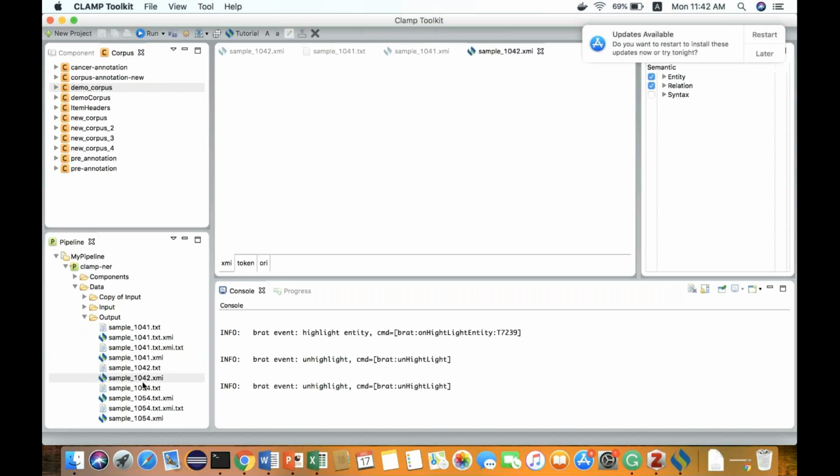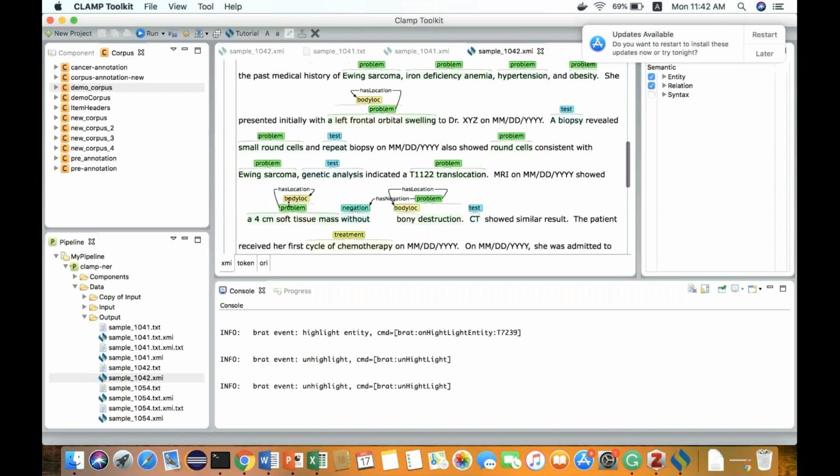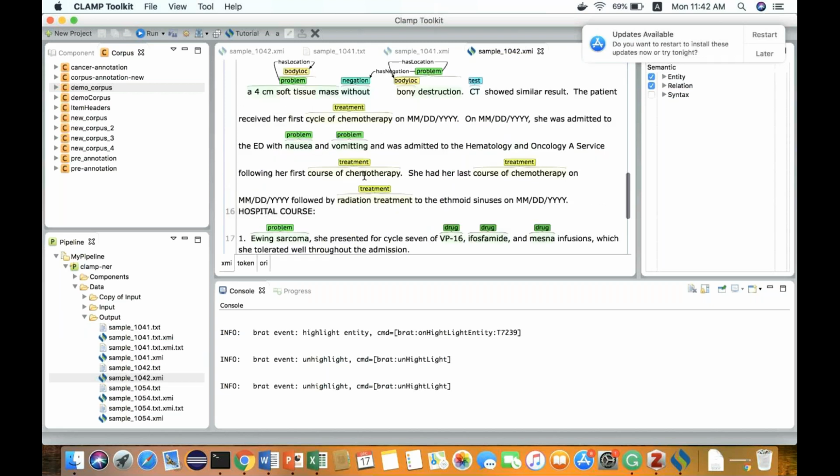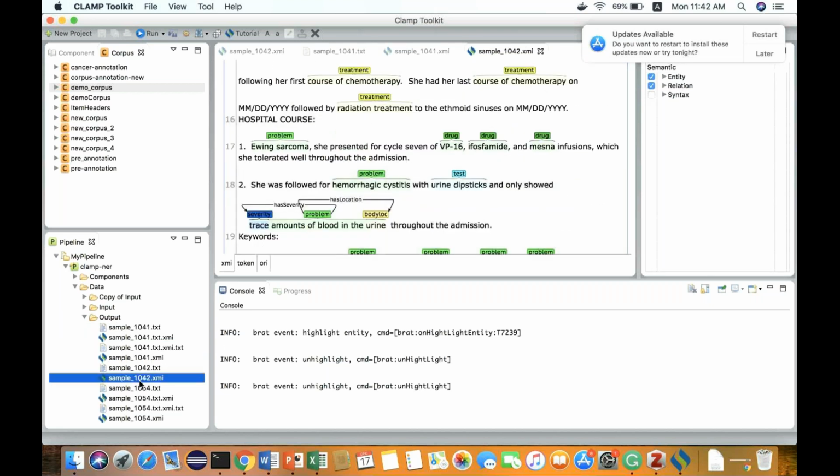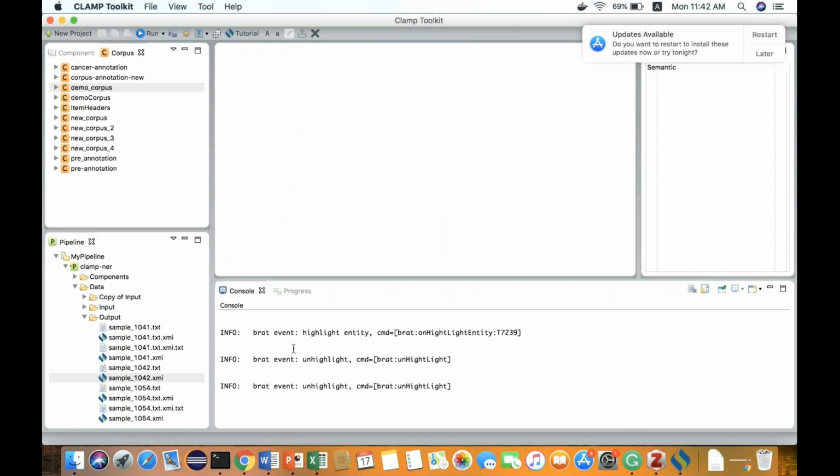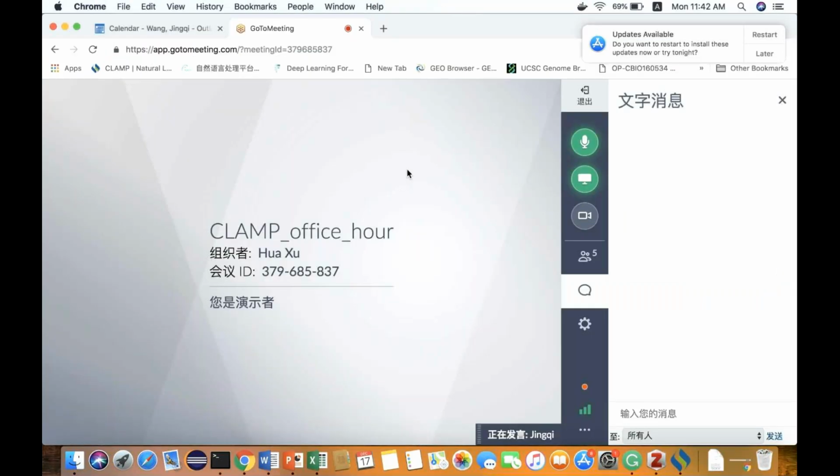Basically, it contains every piece of information about the output. So yeah, that's how to run the command line version. And for the developers, we have the